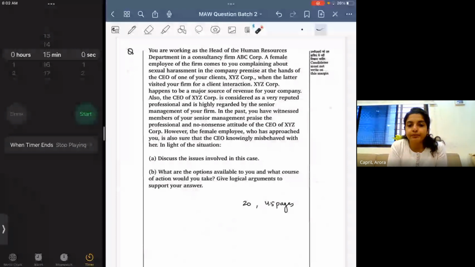All right, the time is up. Have you completed? How many of you have completed? Very good. How many of you are still writing? Okay, so pretty much everybody has completed except a few. How was it? Easy, moderate? A very usual, commonly asked case study, right? This is the kind of case study that has usually been asked.